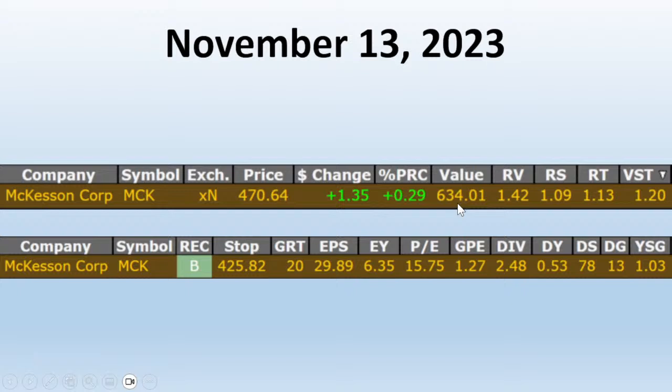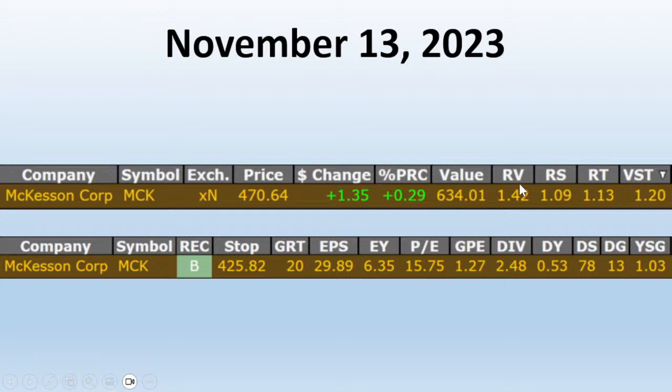So right off the bat, you know what the intrinsic value of the company is. Again, based on all of that data that we collect and crunch, we did all that work very easily. Okay. So right off the bat, all right, I got a promising long-term investment here. If I'm going to buy it for 470 and it's worth 634, so far so good. We have other indicators that also include all of that other fundamental financial data that a company reports.